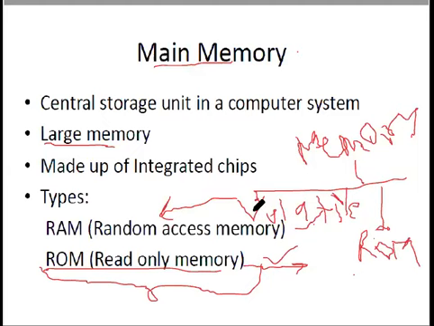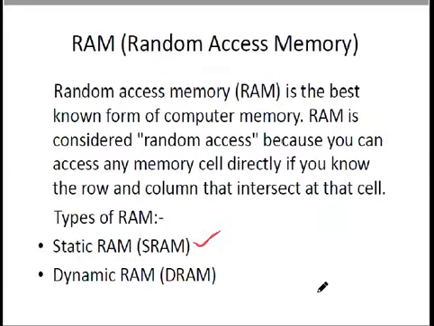But right now, memory can be classified into two categories, volatile and non-volatile. Volatile memory can further be classified into two categories: one is static RAM, the other one is dynamic RAM. Volatile memories are the ones in which, when the power is switched off, they lose all the data completely. But ROM holds the data even when the power is switched off. So let us classify them. The RAM is static RAM or dynamic RAM.